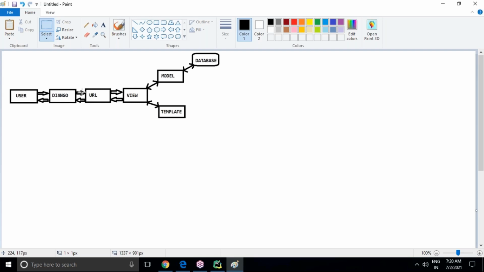Django will redirect that request to the URL. In this URL, we have to mention the paths; yes, URL paths are very important in a Django project. For which web page, for which view we created, we have to mention that in the URL patterns.